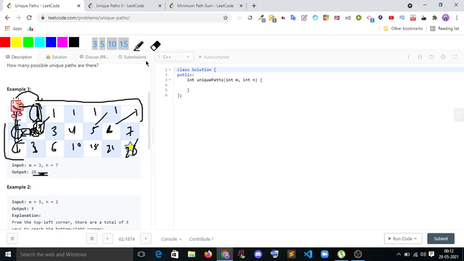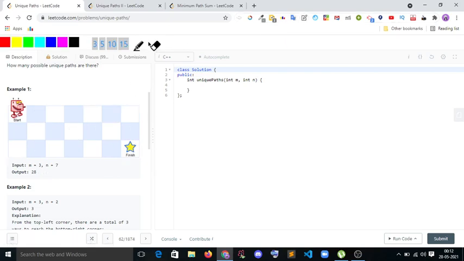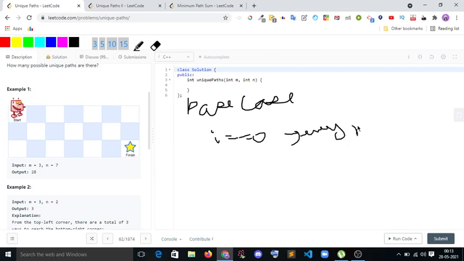So our base case is: if i equals 0, then every move is 1 in the same row. Every move is 1. And if j equals 0, in the first column, every box should be 1 again.